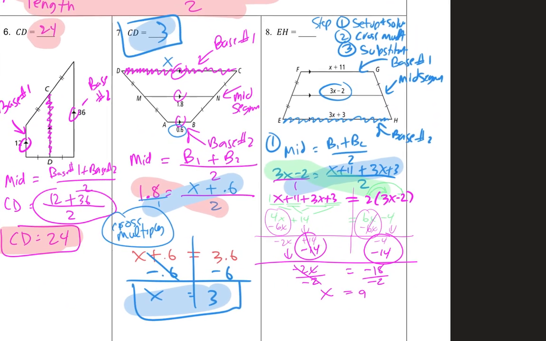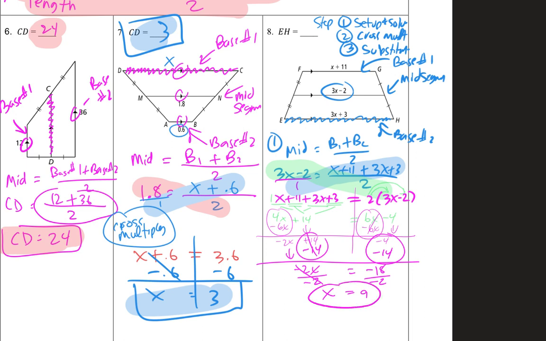So that's what x is, but they're not asking for x. We need to still do step number 3, which is substitute. So substituting in for what are we finding? EH. EH is this right here, which is 3x plus 3. Okay, so we're going to say EH equals 3x plus 3, which equals 3 times, we're going to put that 9 in there,